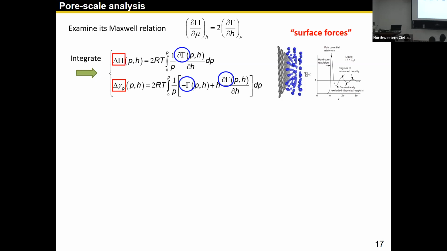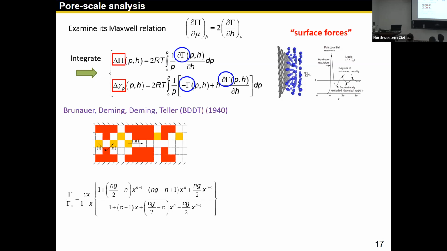modeling of porous materials. To further write their expressions, we need to specify the disjoining pressure and the adsorption isotherm as a function of pore pressure, P, and pore size, H. Hunting for this adsorption isotherm is difficult, but after two months we came across this paper by Brunauer, Deming, Deming, and Teller, called the BDDT isotherm. Here, the B and T are the same people as in the BET theory. So they use the same stochastic processes to derive the adsorption inside a nano-sized slit pore instead of on a free surface. And then they come up with this equation as a function of normalized pore size and normalized pressure.